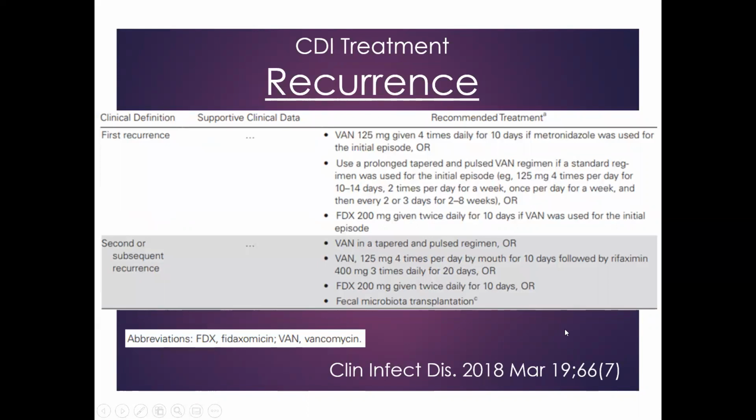And when you have recurrent C. diff, you could do a prolonged vancomycin taper. You could do fidaxomicin again. And another thing to consider is fecal transplant. A lot of places now you can get frozen stool. I know with COVID, the frozen stool provider was having some issues with supplies. But you can now do fecal transplant by NG tube, colonoscopy, or sigmoidoscopy. They even have pills that you can swallow, but it's like 30 pills, a lot to swallow in 60 or 90 minutes. But there are a lot of options, and strongly consider stool transplant